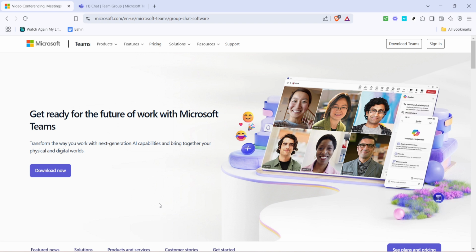First things first, we need to sign in to Microsoft Teams. You can do this by opening up your Microsoft Teams application or visiting the Microsoft Teams website. Once you're there, simply click on the Sign In button. If you don't have an account yet, you'll want to register for one to access all the amazing features Teams